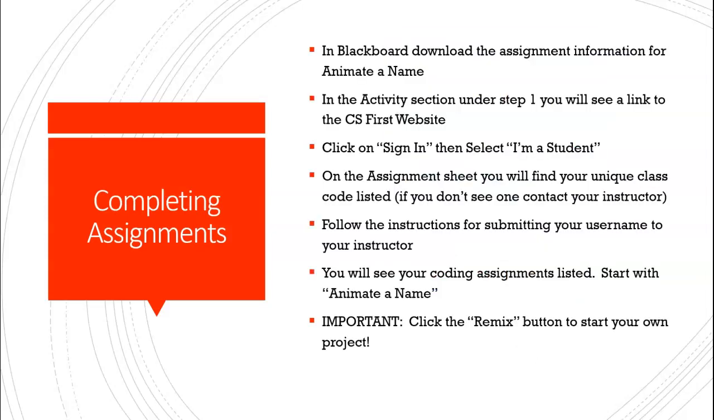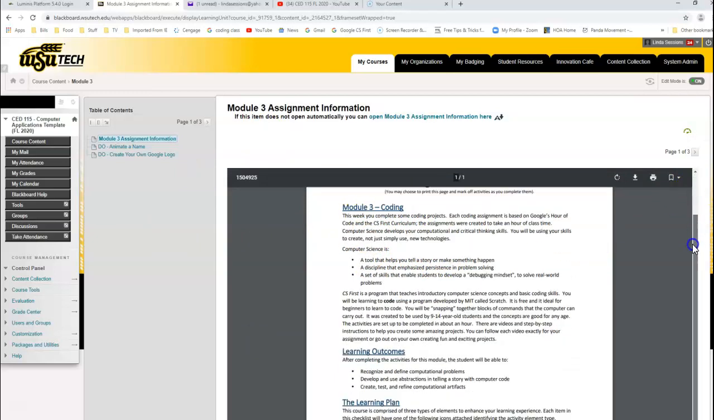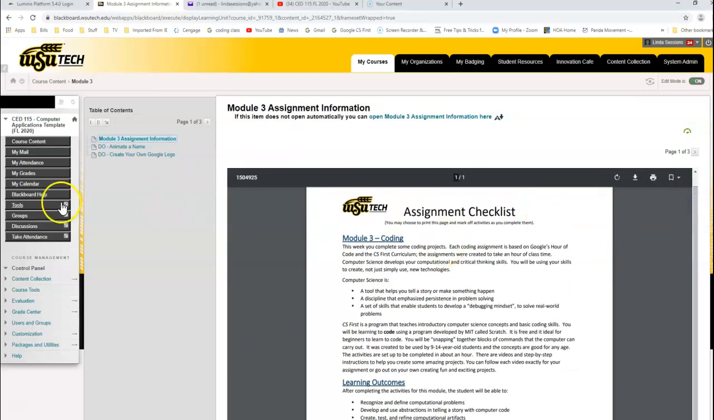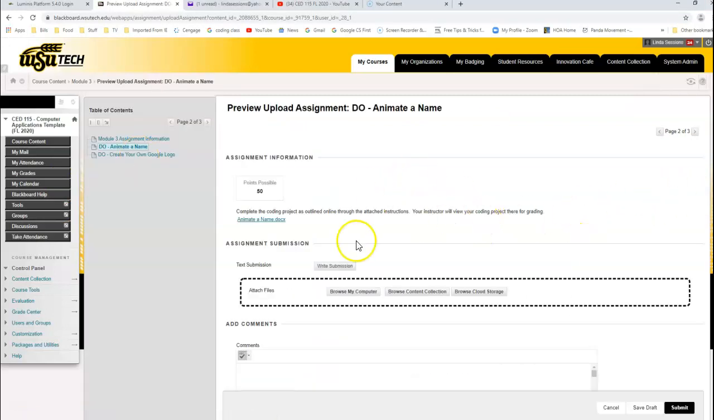So how do we actually get in to complete your assignments? In Blackboard, we're going to go into the assignment information, and I'm going to go ahead and get out of this PowerPoint and go into your class here in Blackboard. So here's your assignment information in coding. Some of the steps I've already gone over. I'm going to click on the first one, animate a name. Then you're going to download the assignment